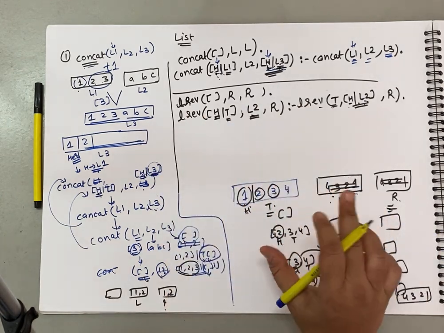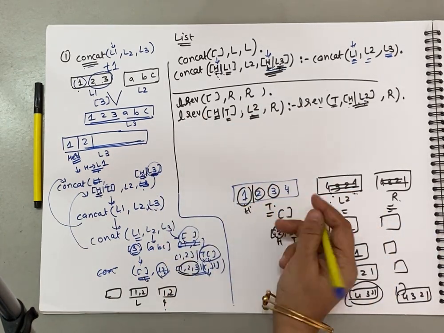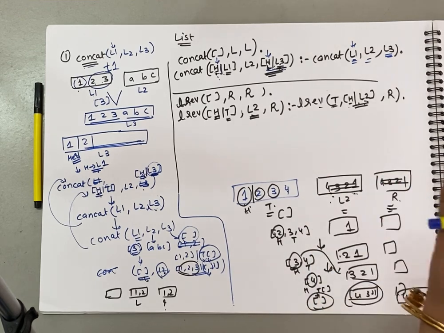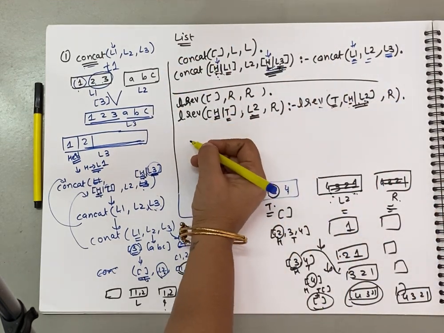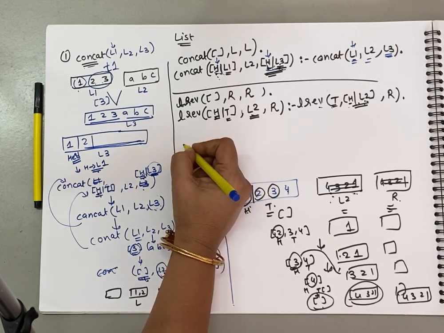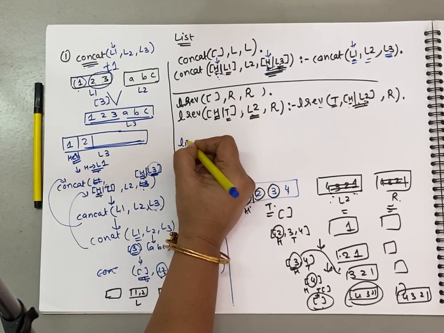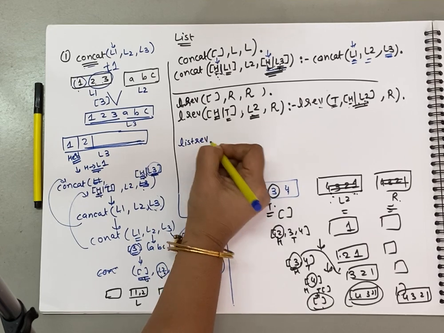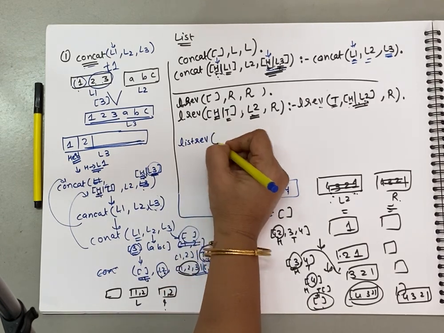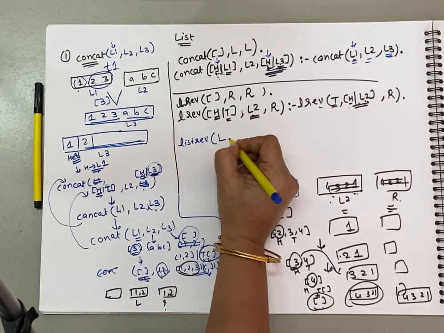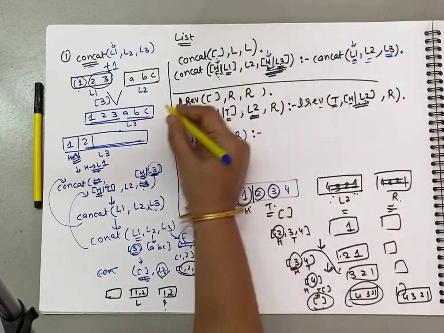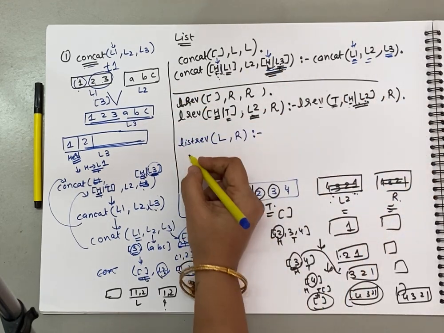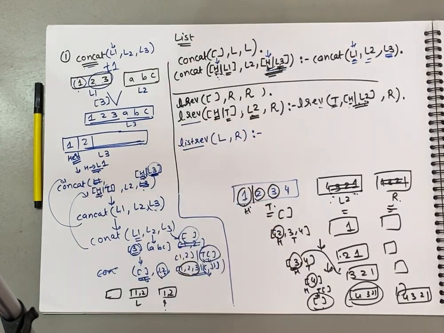But when you want to reverse, the parameters should be like: pass one list and get the second as the result. So if you want to rewrite this, it can be rewritten as list, let us say reverse. Now we want only 2 parameters. So I will be passing one list and I will get the result. Now where I am going to call this, see, these 2 names are different.